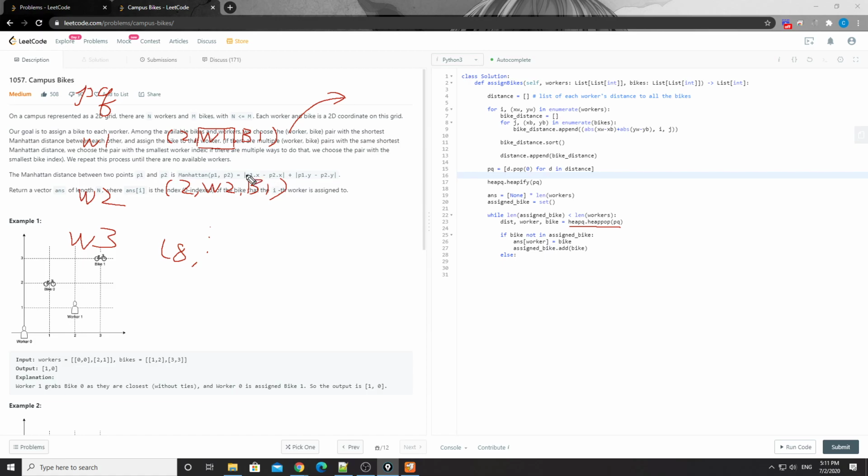Think about it. If a bike has already been assigned, what do we do? In that case, we need to find the next closest bike for worker 2. Since bike 1 is not available, we have to find the next closest bike for worker 2. How? Remember, for each worker, we sort all the bikes' distances from the shortest to the farthest, right? So in this case,